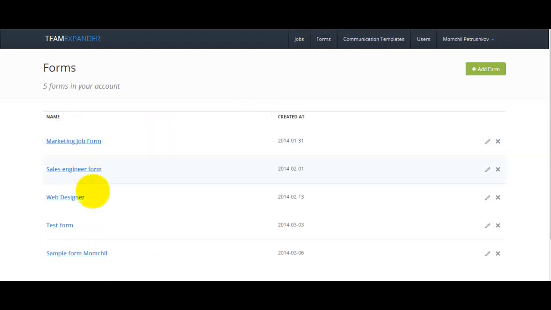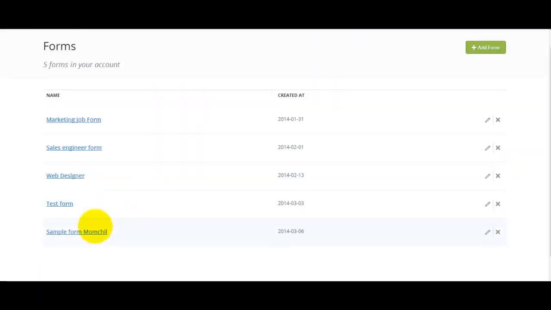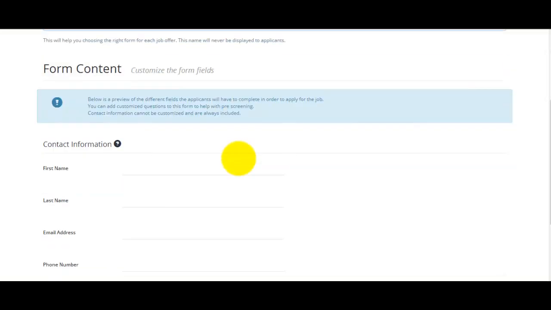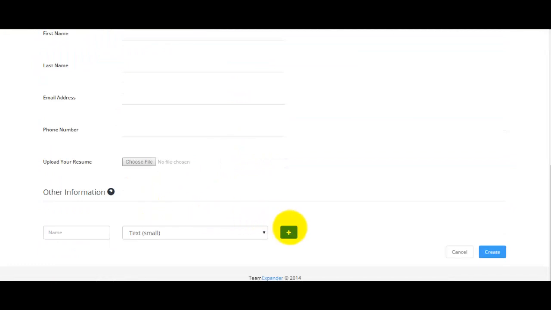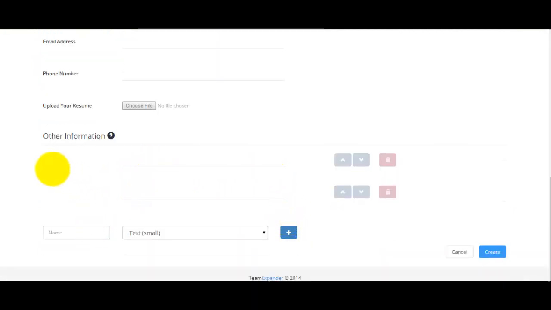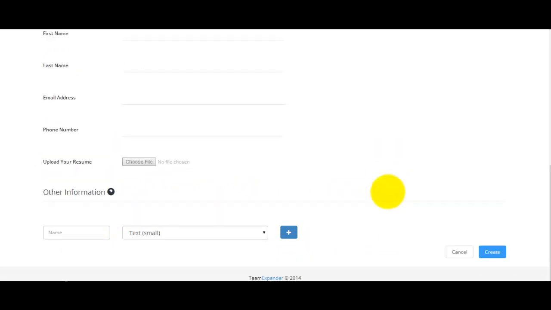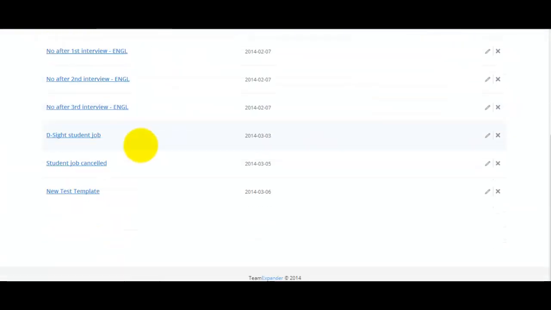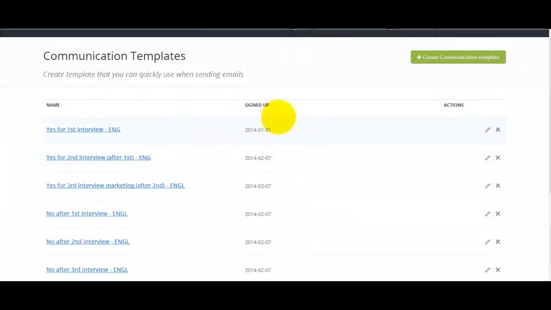Within the forms, you explain that they can build as many forms as they want, including my sample form, and you can simply click on the add button to create an additional sample form, and then explain to them that they can build a various number of fields, which can then be just edited. Okay. Once you do that, you go to the communication templates, and you will explain about the communication templates,